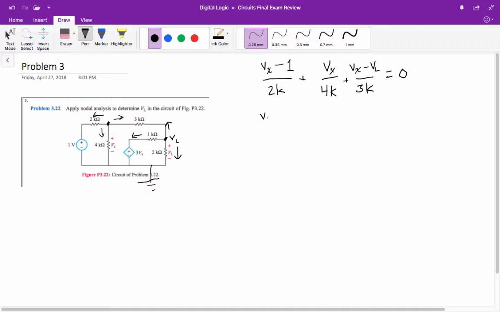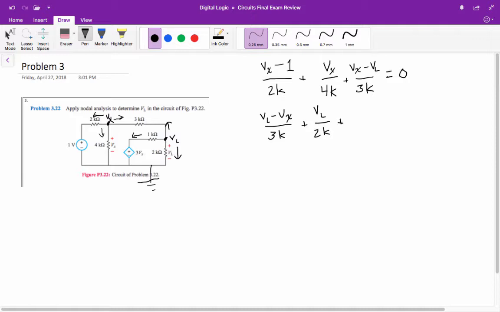So it'll be VL minus Vx over 3K. Now we'll do the one going down,